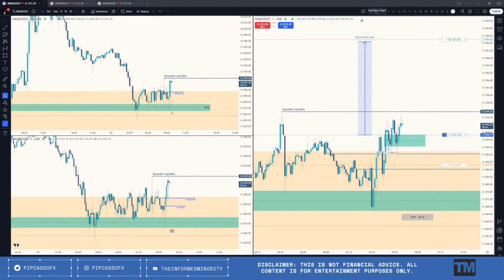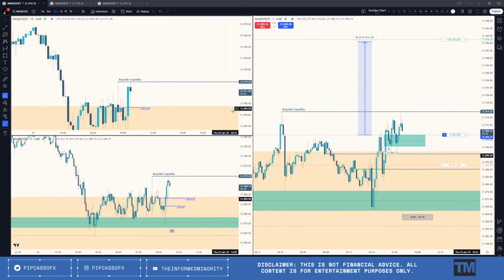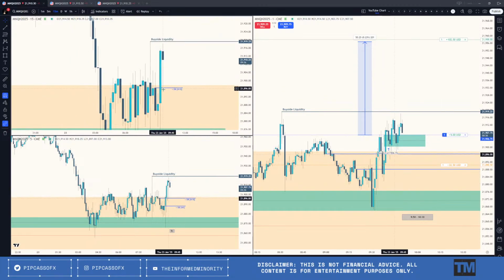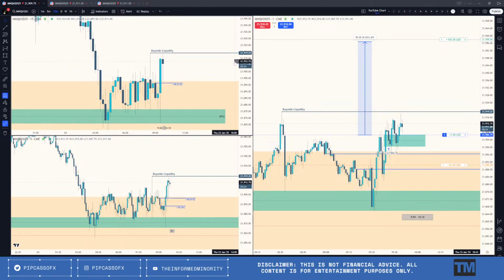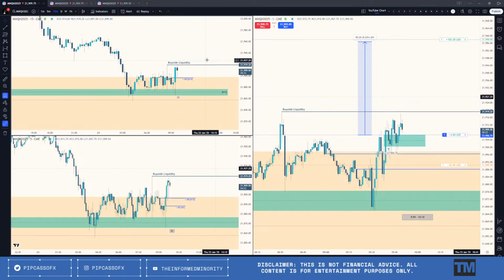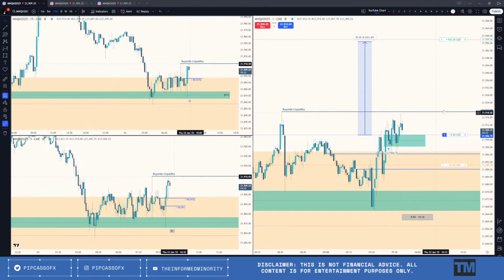But yeah, the 15-minute order block. I can't tell from the entry if we actually hit it. Doesn't look like we did. But if it comes back down into there, obviously that 15-minute fair value gap would stop me out. But after all that we've done down here, I would expect us to not come back down there. But price can do whatever it's going to do. All I can do is put on risk and watch.